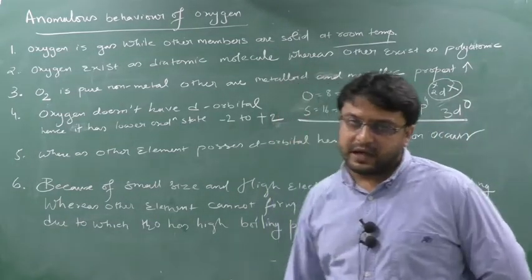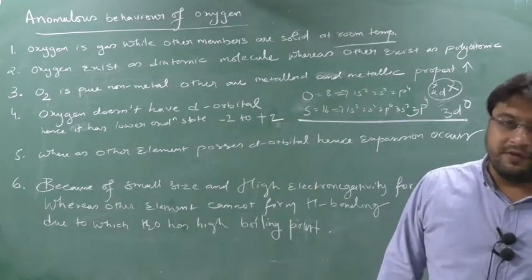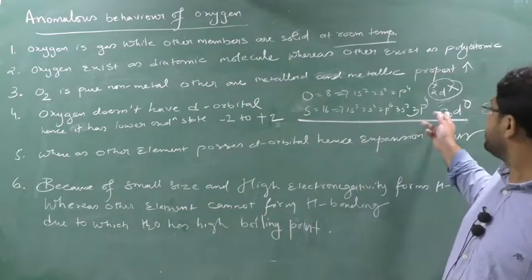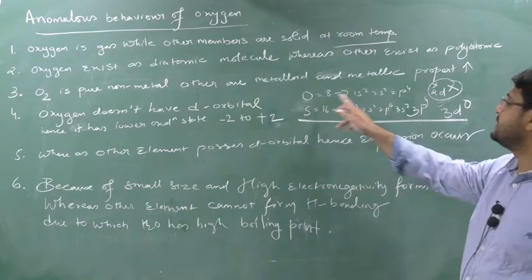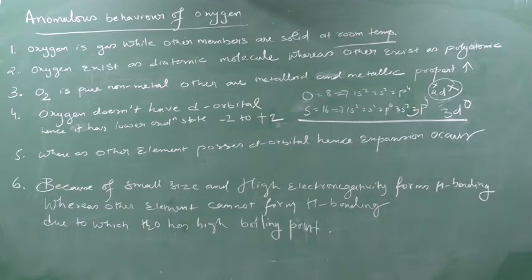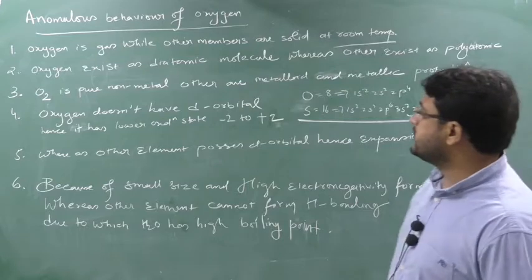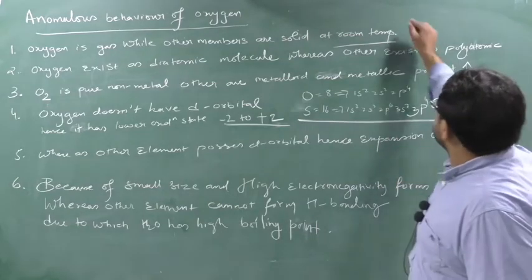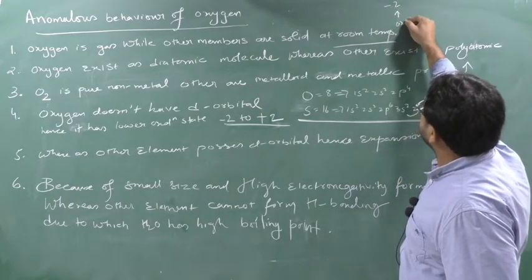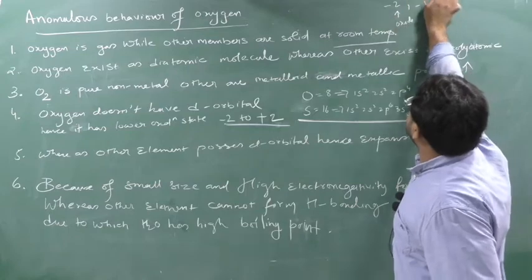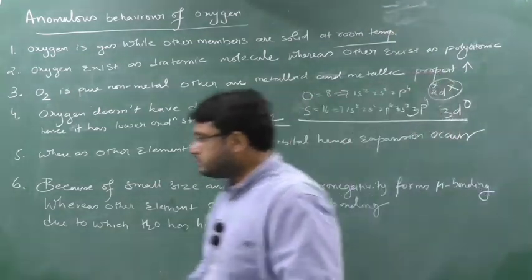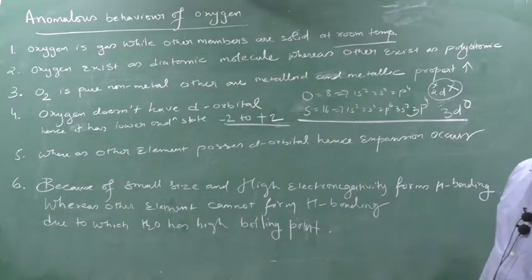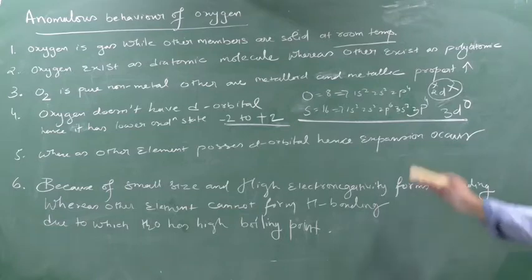When any element has an empty d orbital, it means expansion is possible. When expansion is possible, different kinds of oxidation numbers will come. In oxygen there is an absence of d orbital, there is no d orbital. Yes or no? When there is an absence of d orbital, there is no expansion. When there is no expansion, its oxidation number is only from -2 to +2. See, -2 in oxide, yes or no? -1, or I will write it down below. Is this point understood, no? See, oxygen does not have any d orbital, due to which expansion is not possible. So its oxidation number ranges from -2 to +2.